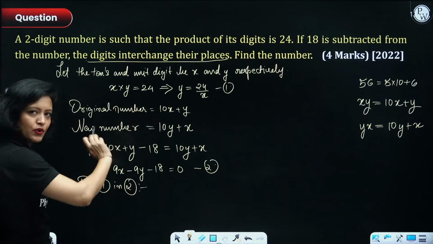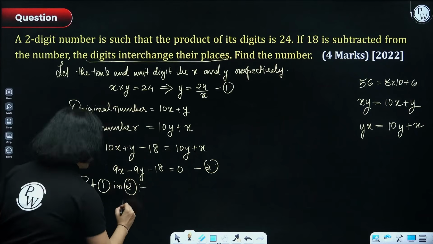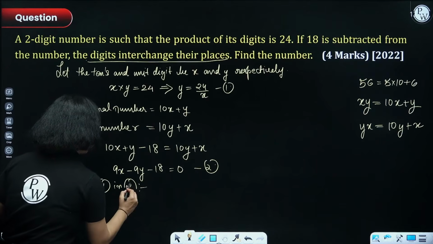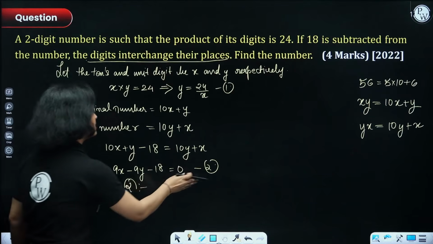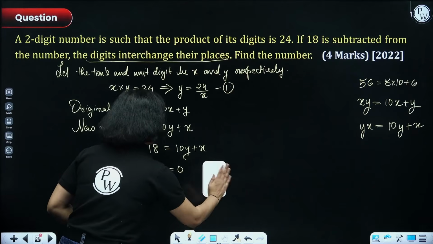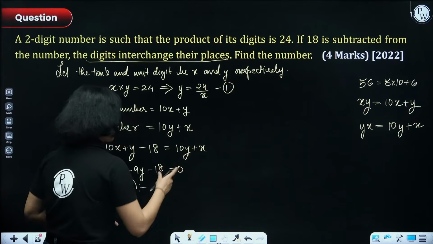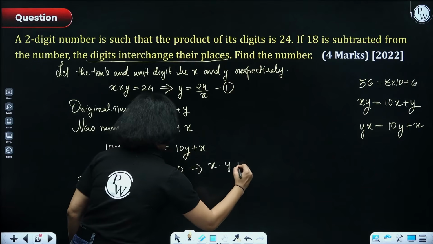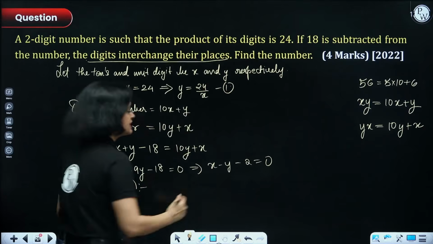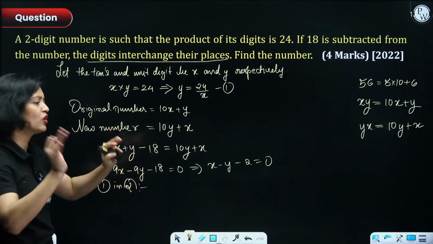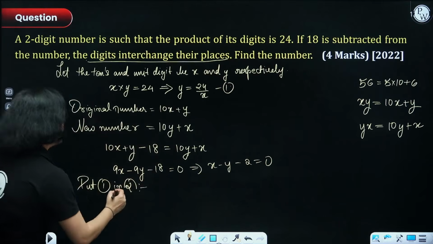Now let's just see what we are getting, everyone. So 9x. Acha, I could have simplified this further now. 9x minus 9y is equal to 18. Let me just simplify this further so that our equation becomes easier to calculate. I can take 9 common, so I'll have x minus y minus 2 is equal to 0. Now this is better. I just took 9 common and just got away with it, right? I put it on the right hand side. Okay, chalo. Now put 1 in 2.